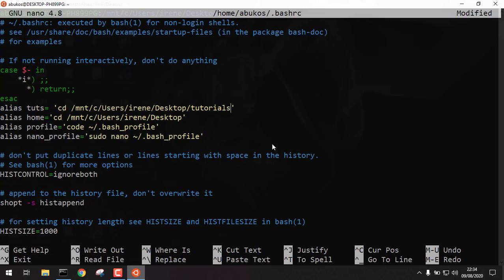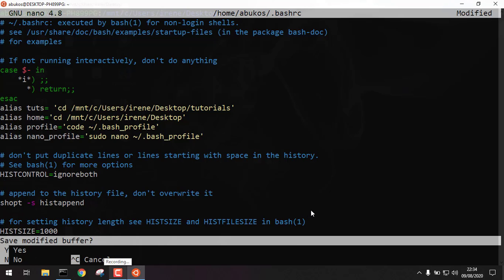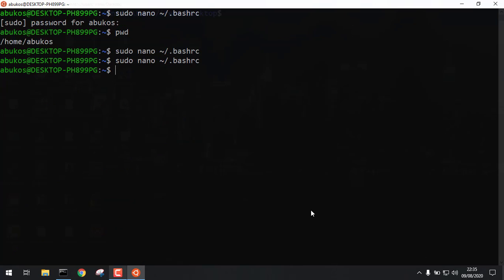So if I save everything, and down here we have some shorthand syntaxes or commands. So if I exit out and hit Y to save and hit enter to keep the same file name, and if I just type toots, now what this is going to do is it's going to navigate me inside the